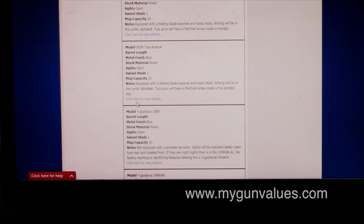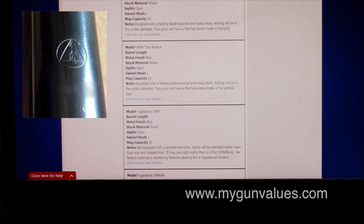The Tula arsenal will have the, and I said this wrong, the Ishvek arsenal is the one with the fletched arrow inside a triangle. I can't even read my own website. Okay, coming down here to the Ishvek arsenal, you have a fletched arrow inside a triangle. Do not confuse this with the earlier